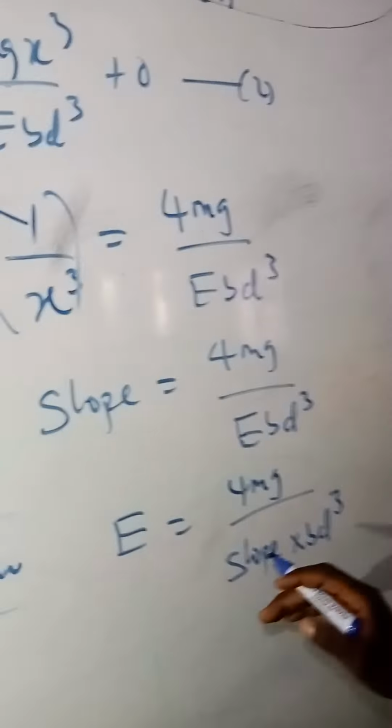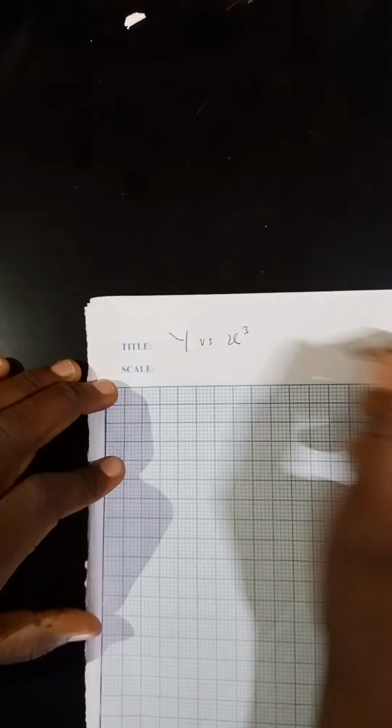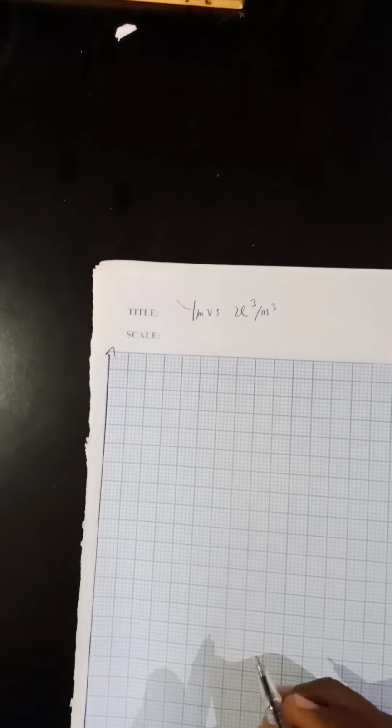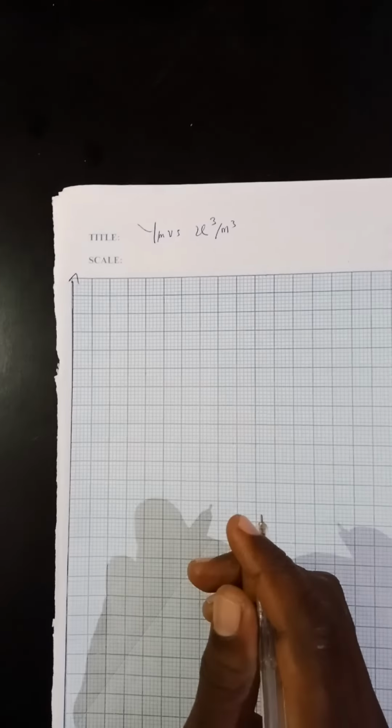Now, let's see our graph. This is the graph of y versus x cubed, in meters cubed, and y is in meters. If we want to choose the scale, we can see from the table we obtained, on the y-axis times 10 raised to power of minus 3 meters,